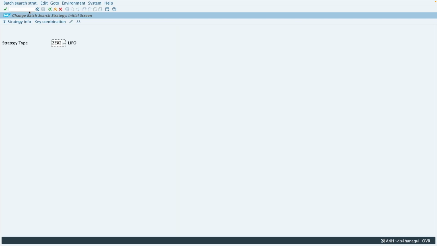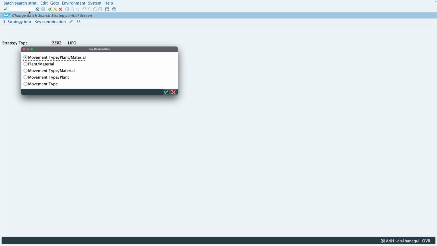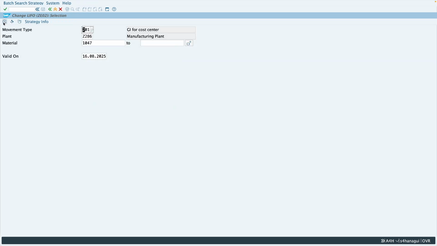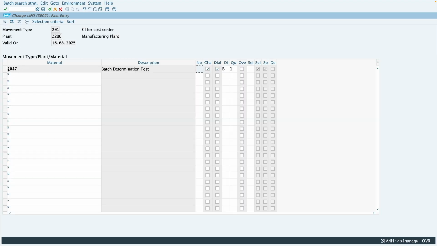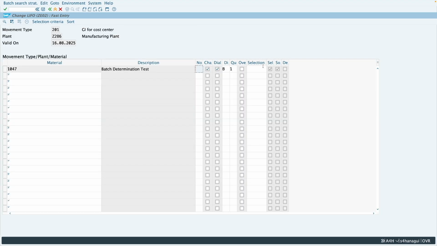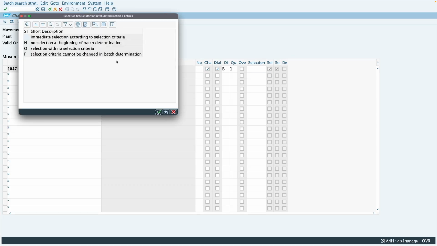And we'll change the condition record for this strategy type only, that is ZE02. So we'll press enter. We'll again press enter. We'll execute this condition record. And here you can see you have a column called selection type. So in this column, if you take a drop down, you can enter selection with no selection criteria